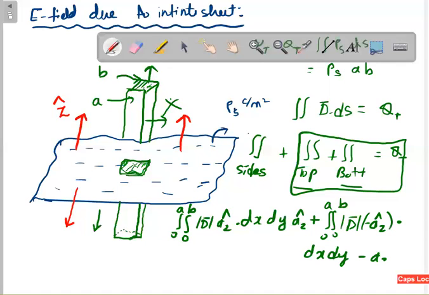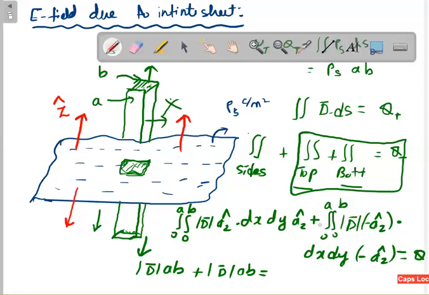Here also, what will be the surface vector for this surface? I have clearly told, for any closed surface, the surface vector is a vector that will be going outside, not inside. So that is also minus a_z cap. Then finally you are getting Q. So once we solve this, what will it come to? D bar magnitude a into b. Again here also D bar magnitude a into b is equal to Q.